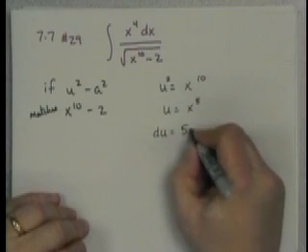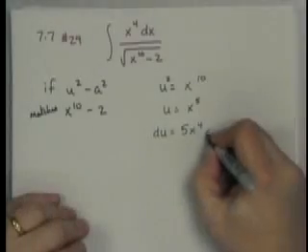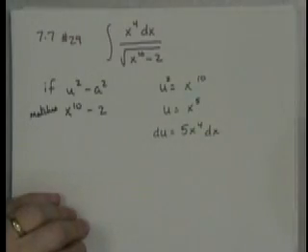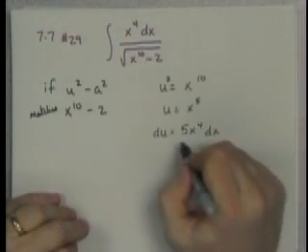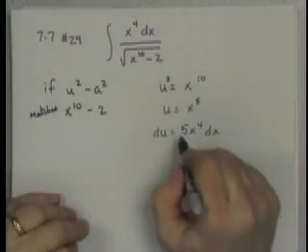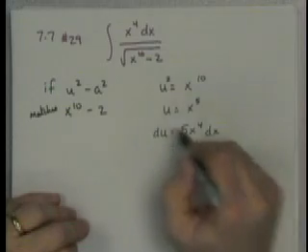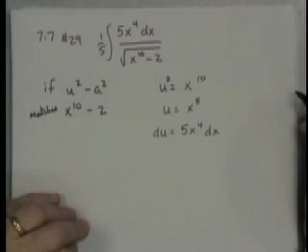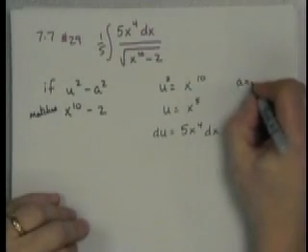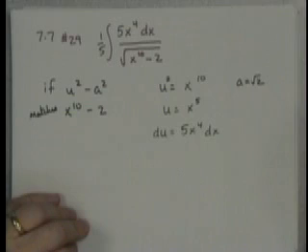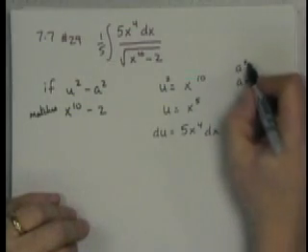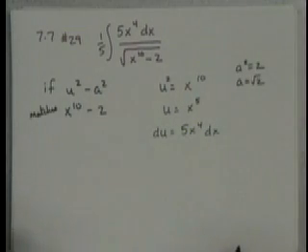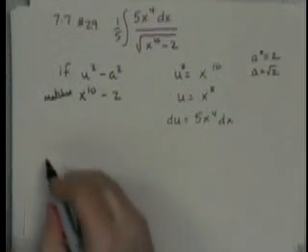So then du is 5x to the 4th dx. So this is going to work because this x to the 4th that's in my numerator is actually going to be part of my differential. And I just need to put a 5 in front and a 1/5 outside. A is going to be the square root of 2, because a squared has to equal 2. So this does match number 43,